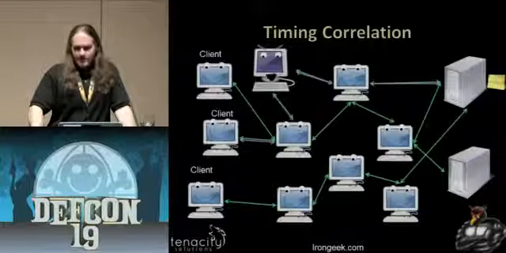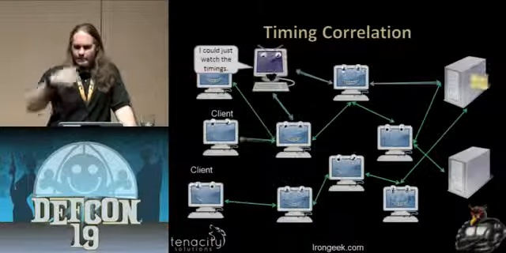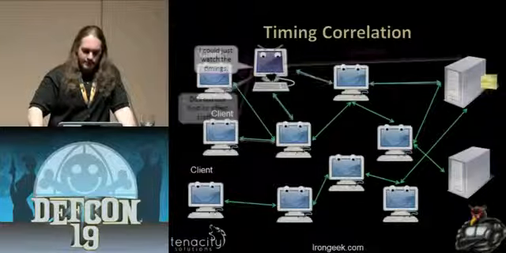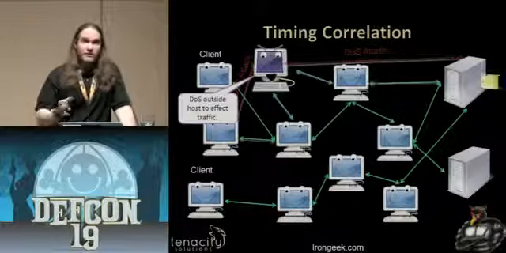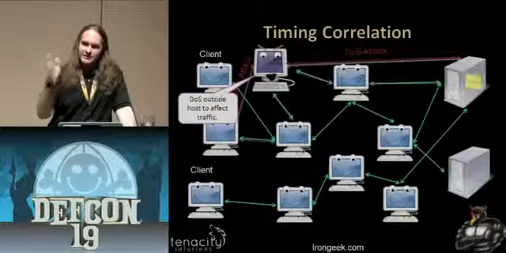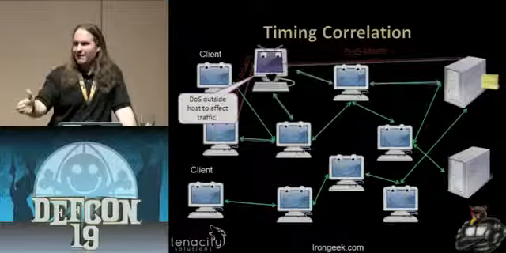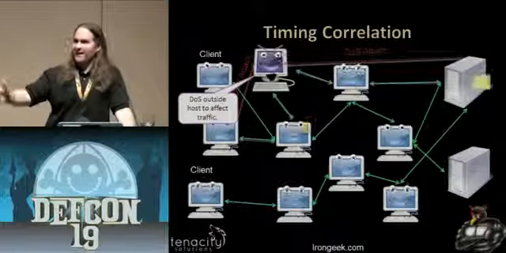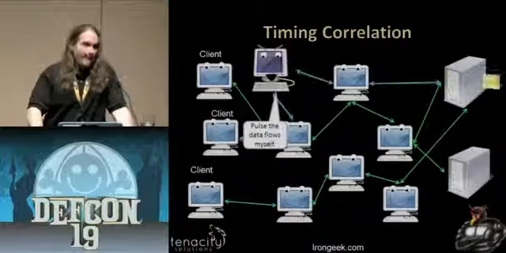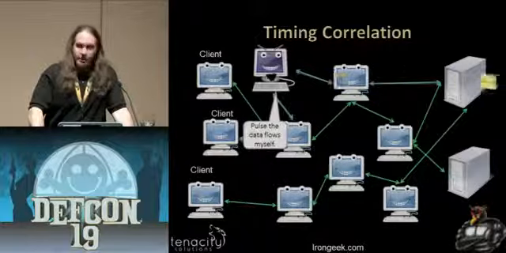Another example might be timing correlations. Like I was saying, there was that whole delay between exchanges, between different nodes in the darknet. They can also do things like DDoS nodes they know that are in the path and try to cause a certain pattern in that timing by overloading a server and making it delay other packets so they can impose the timing themselves. If they happen to be in the path, they can try to pulse the data flow and tag it via timing,